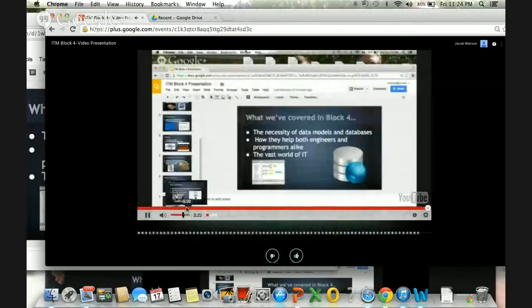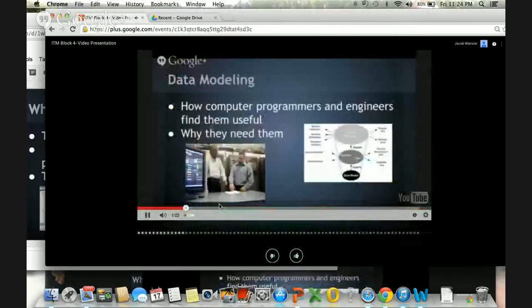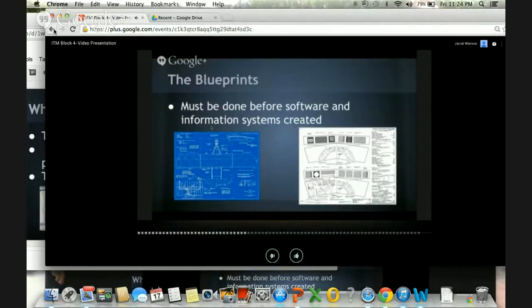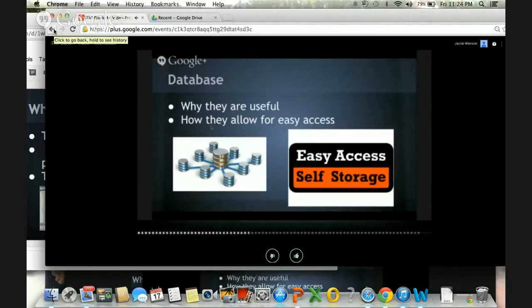Useful. Data modeling is essentially about what can we change and what can be made better, and models provide a great way for them to do that. So after data modeling, we move into databases. They're essentially very useful to